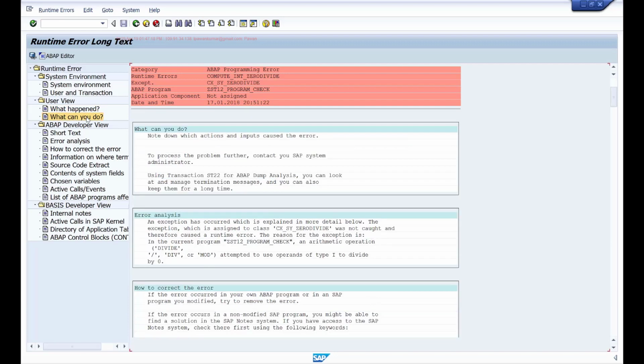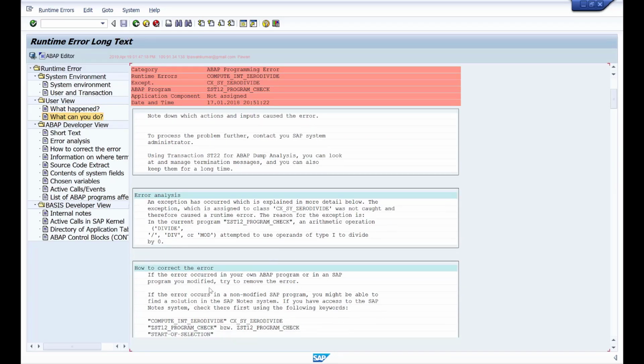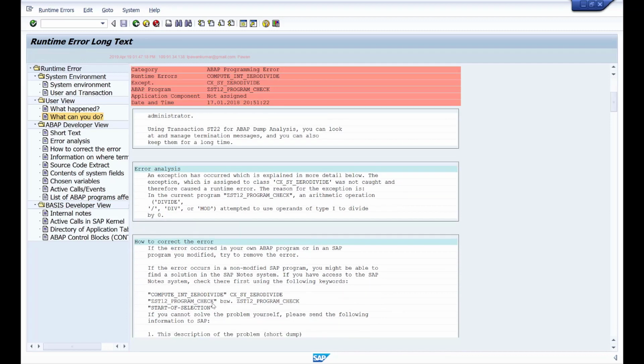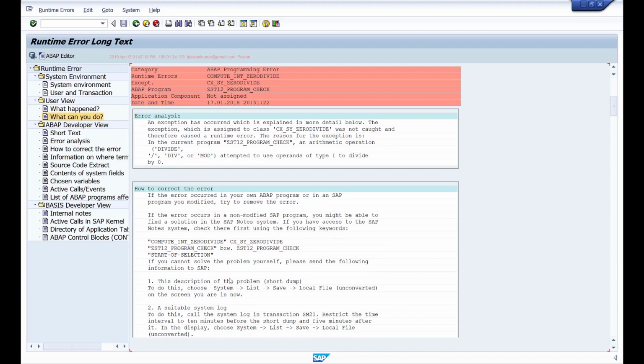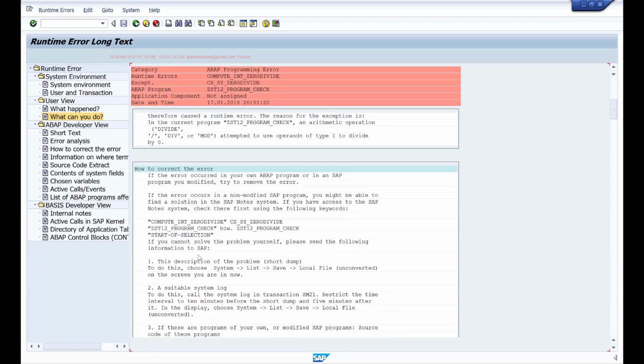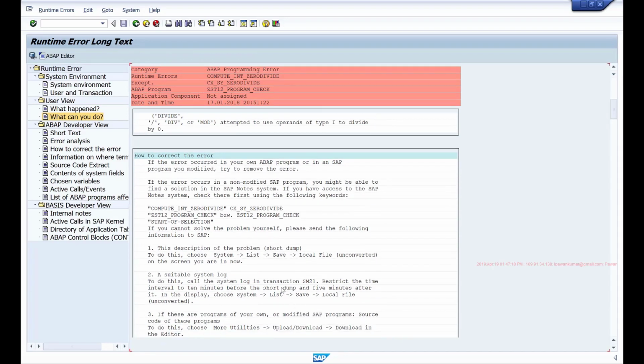What can you do? How to correct the error? Many times it will show some standard information where you can search for this, or how you can contact SAP for this error if it is caused in a standard SAP program.